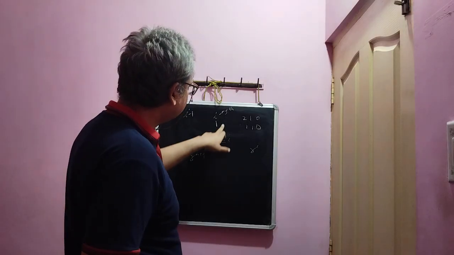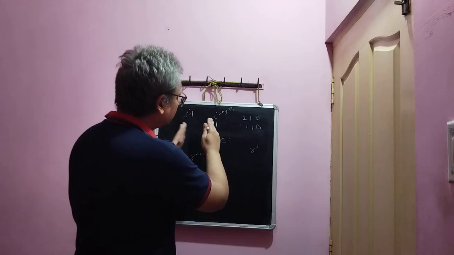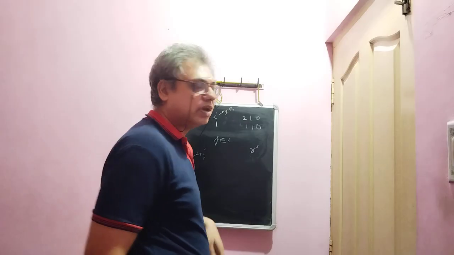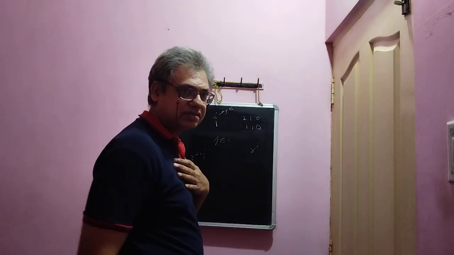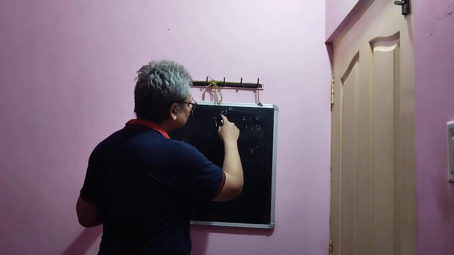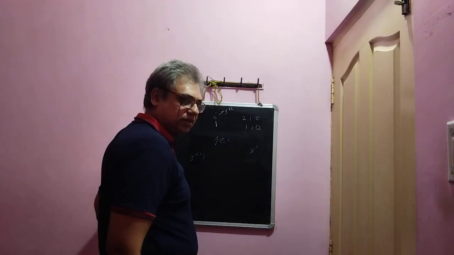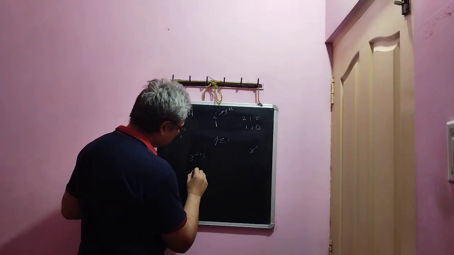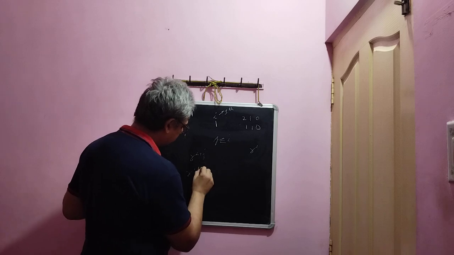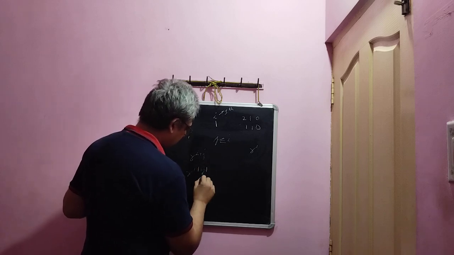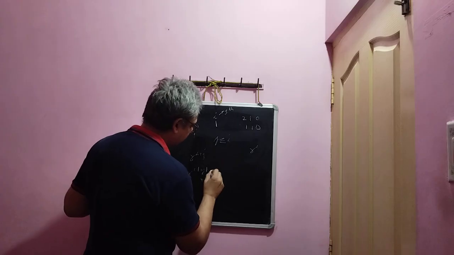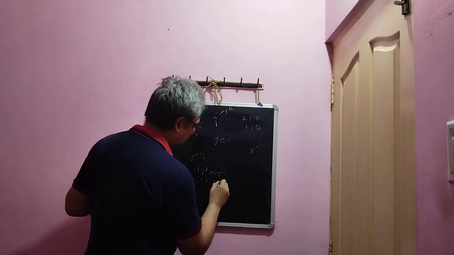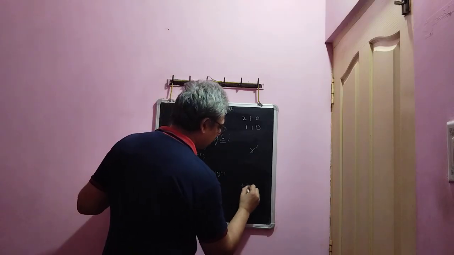Right? That means it is the jth one. That means before the ith bit, exactly j minus 1 ones have occurred. Now the largest possible value, having j minus 1 ones before the ith one, is when all the bits preceding it are ones. So let us see what happens here. You will have r power i minus 1 plus j minus 1, plus r power i minus 2 plus j minus 2, plus and so on, plus